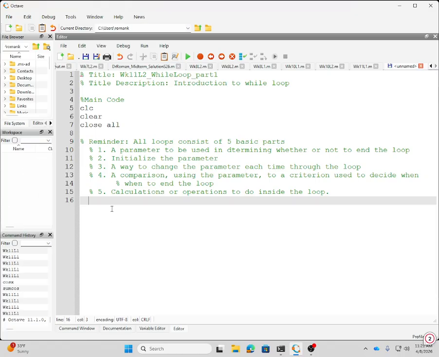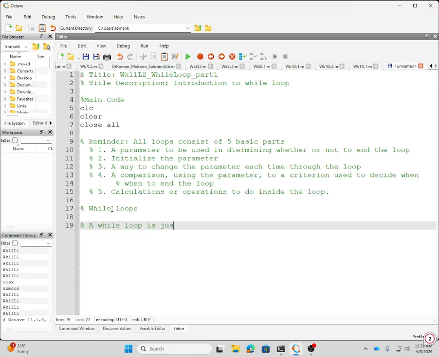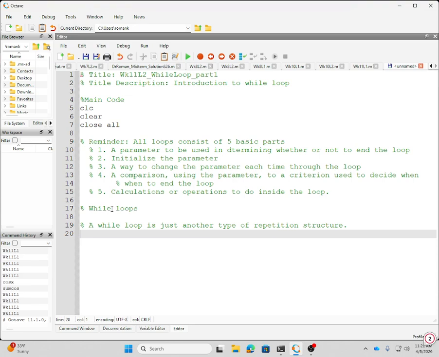All right. So then the while loop. Let's talk about that. So the definition, I guess, would be: a while loop is just another type of repetition structure, just like a for loop, right? All right. So they have the same 5 basic parts as for loops. Okay, however,